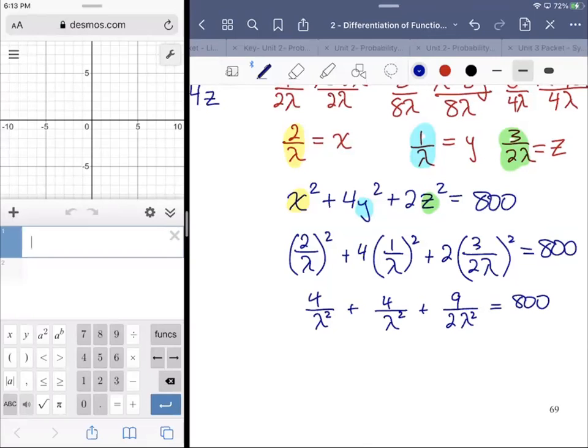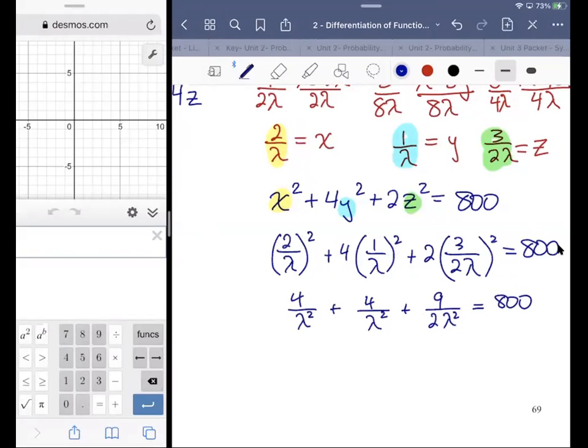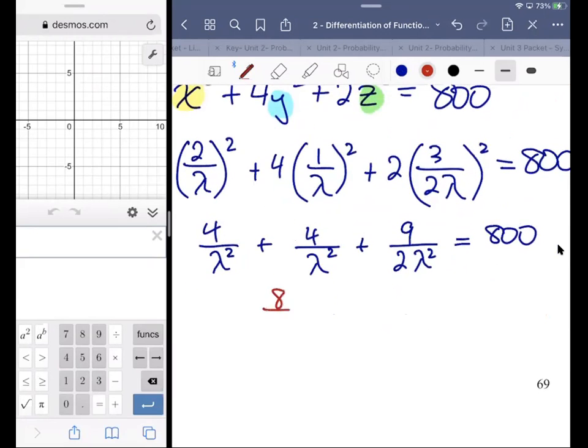All right. So then you get a fractional equation. A technique I can use here would be to multiply through with a 2 lambda squared. Clears things up a little bit. I can combine like terms too if I want. Really doesn't matter. At this point, it's just algebra. Honestly, you can solve it any way you want. You could use Desmos if you want. It's just a lot to type in. Let's give it a look though, because if I combine these terms, we're going to have 8 over lambda